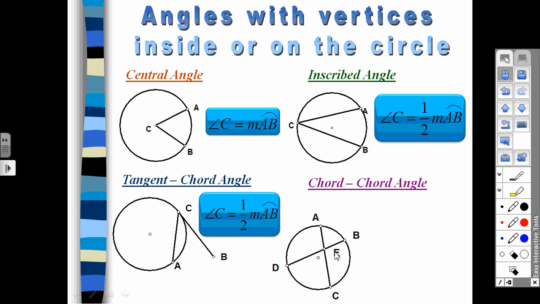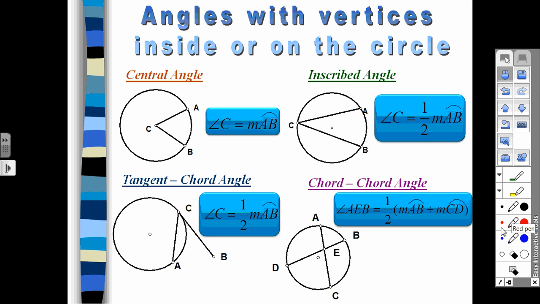Okay, so now the formula that we're going to come up with is for just solving one angle. So I'm going to use angle AEB as our example, but it could have been the same formula if we were looking for angle DEC or angle AED or angle BEC. Okay, just follow the pattern. All right, so if we look at what this pattern is, it says that if you're looking for this angle, and I'll just kind of highlight it, this angle right here,